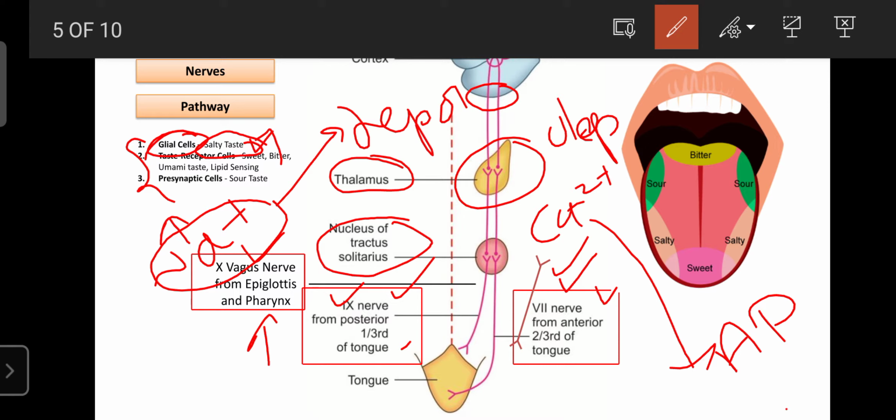Once again, the message reaches the thalamus. From the thalamus, it reaches the cortex. Then only the cortex integrates that message. Then the answer is sent back to the tongue, whether you swallow it or spit it out. Like that, the message also reaches the tongue, whether you take the intake or spit it out or ignore that food. So the integrated answer is generated here. Then only we can take more food, otherwise we avoid the food due to detection of taste by the cortex or taste buds.